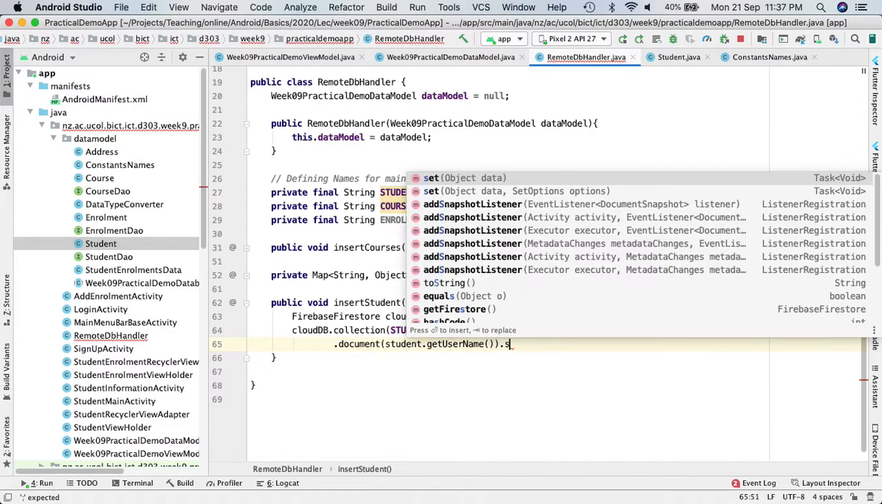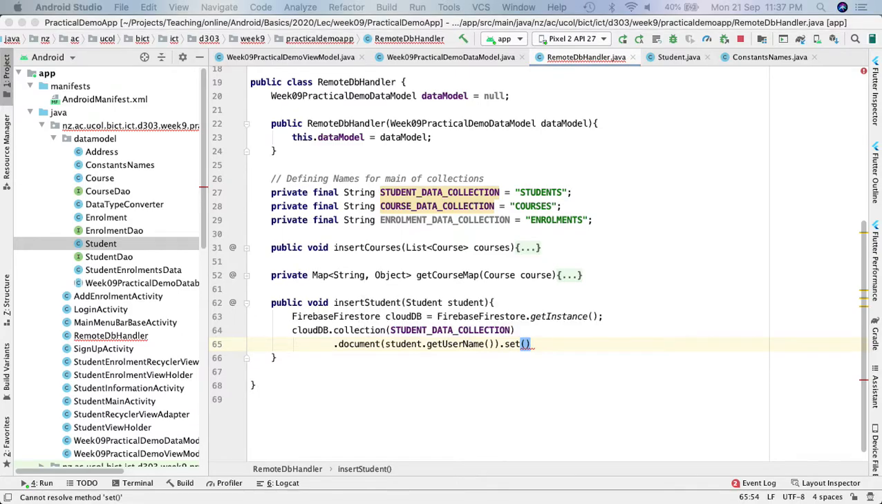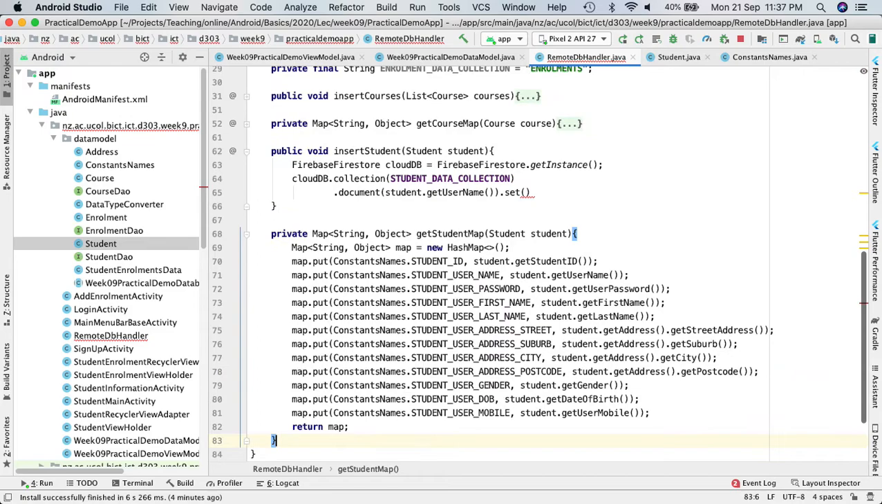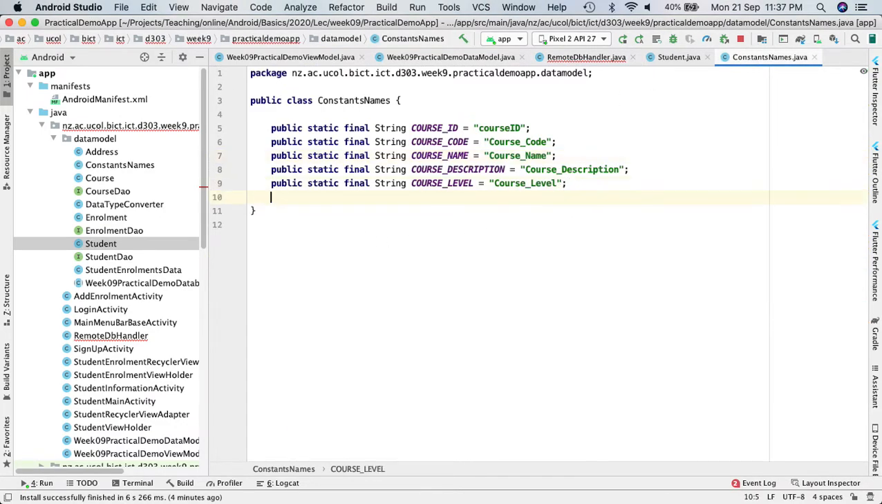And then we can say set. When we say set, we again need a method which is going to convert the student object into a map, a key value map. So again, inside our constant class, we need to provide the specific column names for our